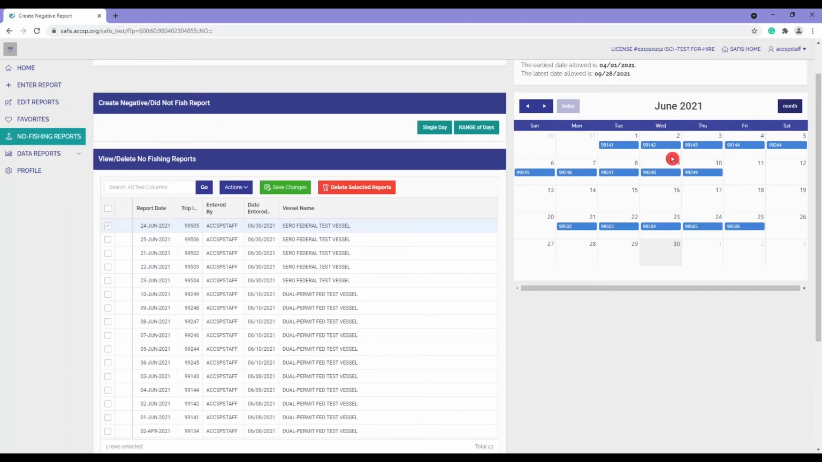You now see a page where you can review your Did Not Fish report dates. You can view the No Fishing report dates on the calendar. You can also delete the Did Not Fish reports by selecting a report using the check boxes on the left of each report,